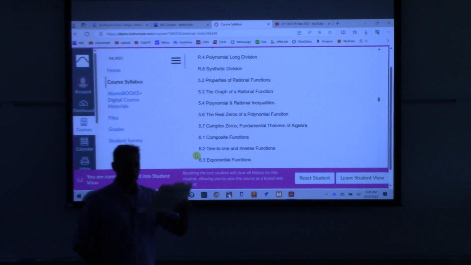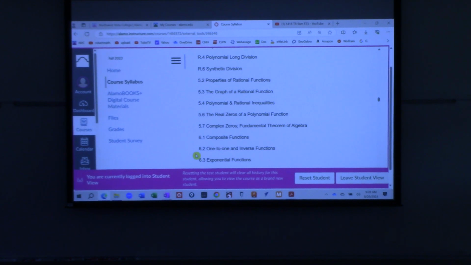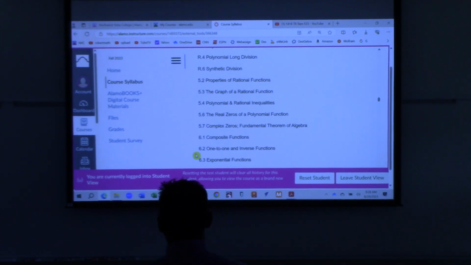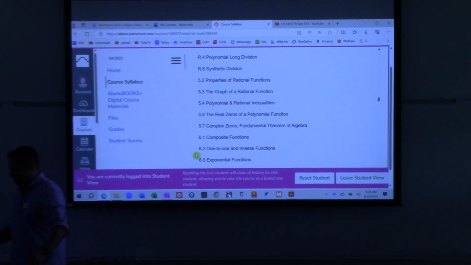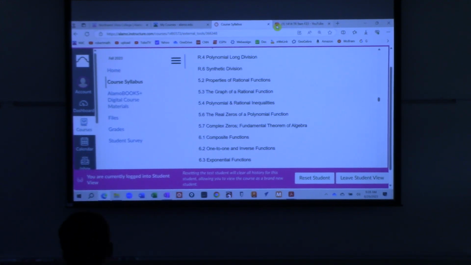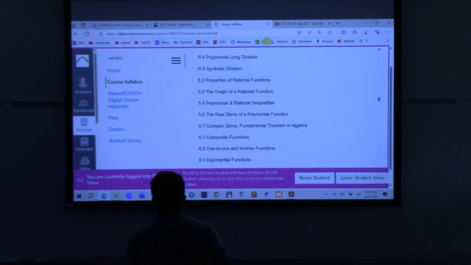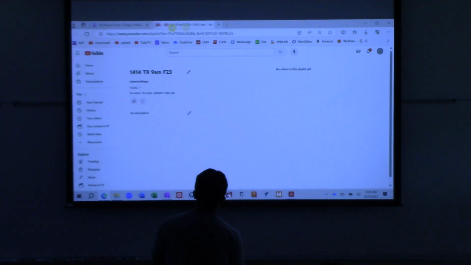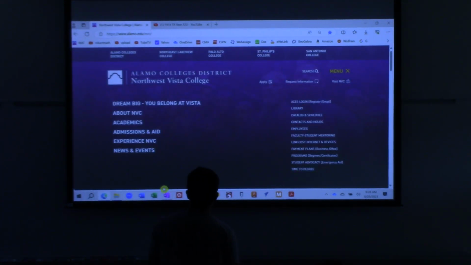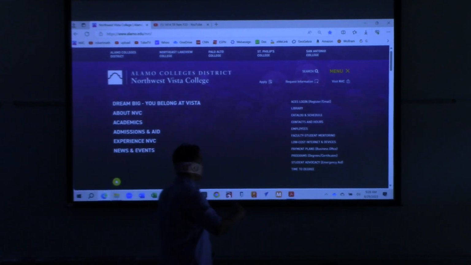Anyone else need it? Okay, so I need a volunteer to come up here and be willing to log into Canvas and do all that stuff. Please, not everybody at one time. Oh, okay, thank you. All right. So I'm going to log out real quick. I'm logged in on my laptop, about to log out. It should let you in, but let me log out because it'll probably log you right back in. There we go. All right. Have at it. What was your name? Alejandro. That's what I thought. Alex, okay.